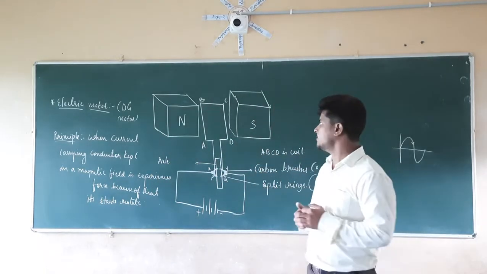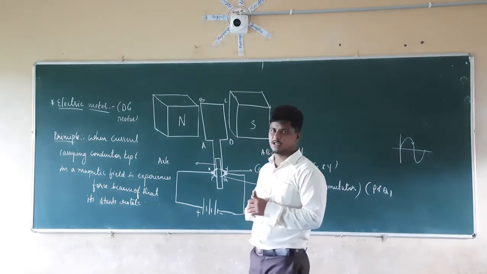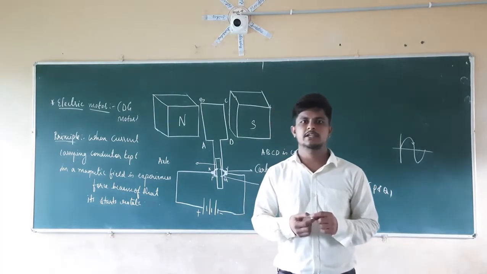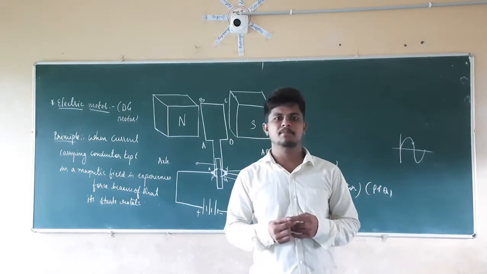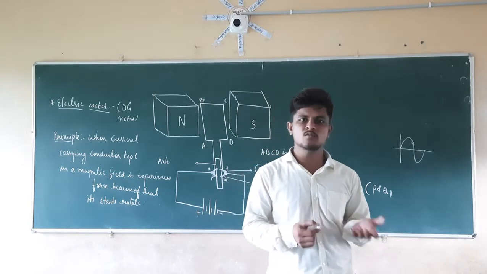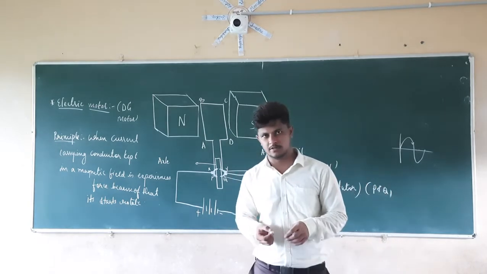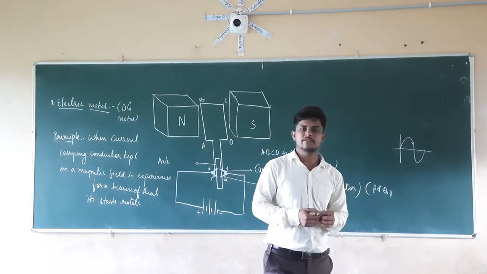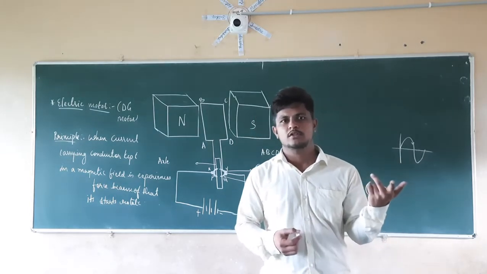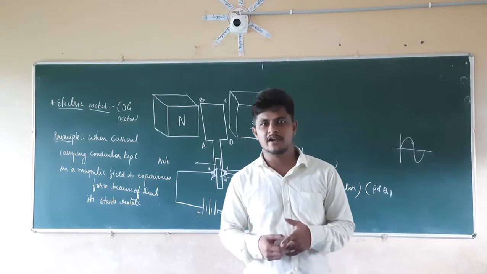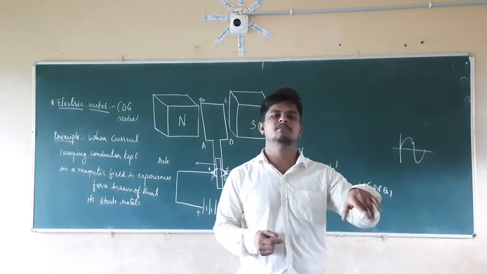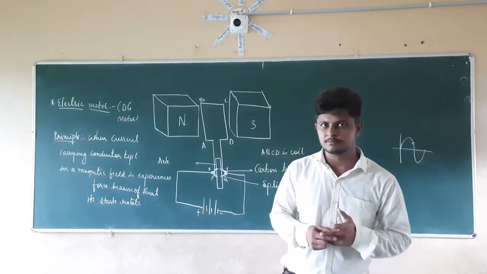So in the last class we discussed the magnetic effects of electric current. In that topic we discussed that a current carrying conductor, when kept in a magnetic field, is going to experience a force. Because of that force it starts to move. It will be in motion. We also discussed Fleming's left hand rule. By using Fleming's left hand rule, we find out the direction of the force acting on that current carrying conductor which is kept in a magnetic field.